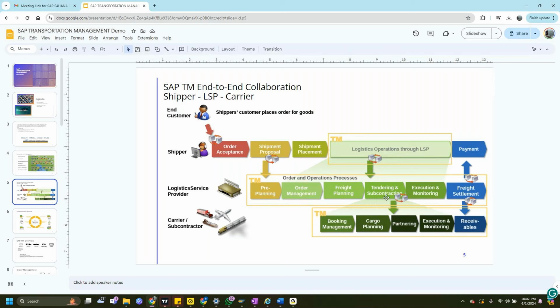Then once the carrier is there, comes the EWM process, where the picking and packing come into the picture, and picking, packing, and post goods issue are done on the EWM side. Or if EWM is not there, then it's done on the normal warehouse management side. Then comes the execution monitoring. PGI is nothing but a post goods issue that represents a sales delivery, meaning the goods have been issued from the location. So the goods left our premises, right? Then comes the execution and monitoring part.